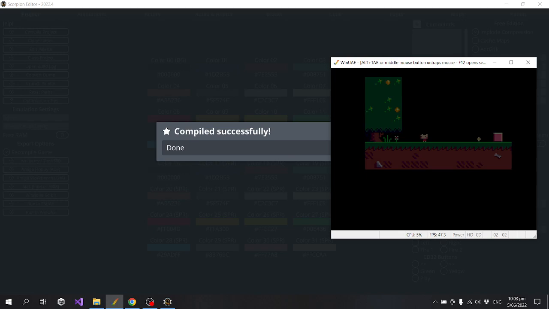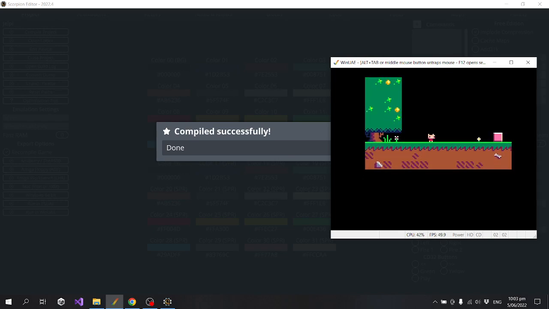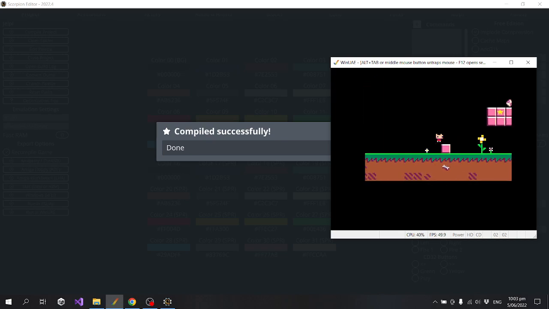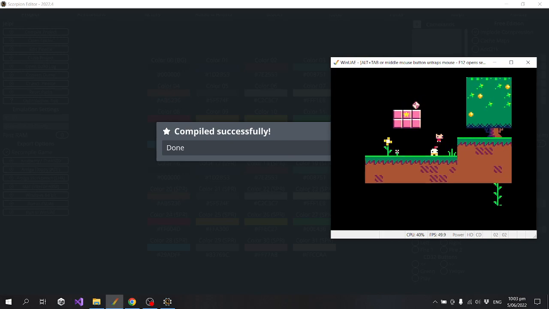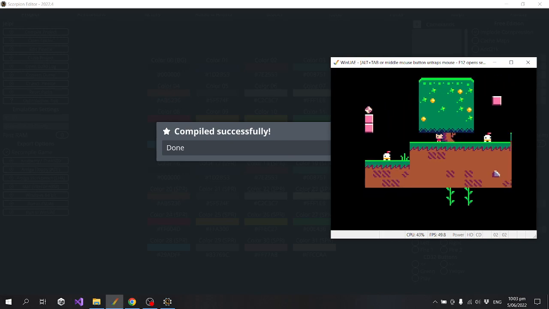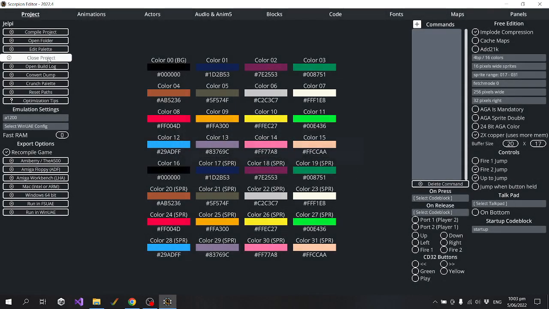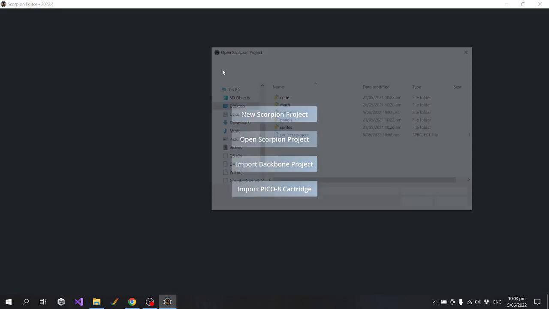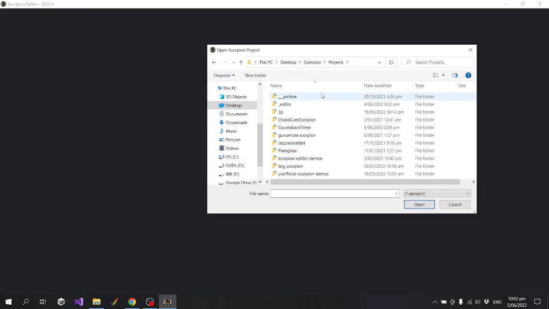And I mean, this isn't a complete port or anything. It was just to show, hey, we can rip the graphics and the map stuff and put it into a Scorpion Engine game relatively straightforward, although it would take a lot of effort to actually finish porting this game to Scorpion Engine. But that's not what I wanted to show. What I wanted to show was